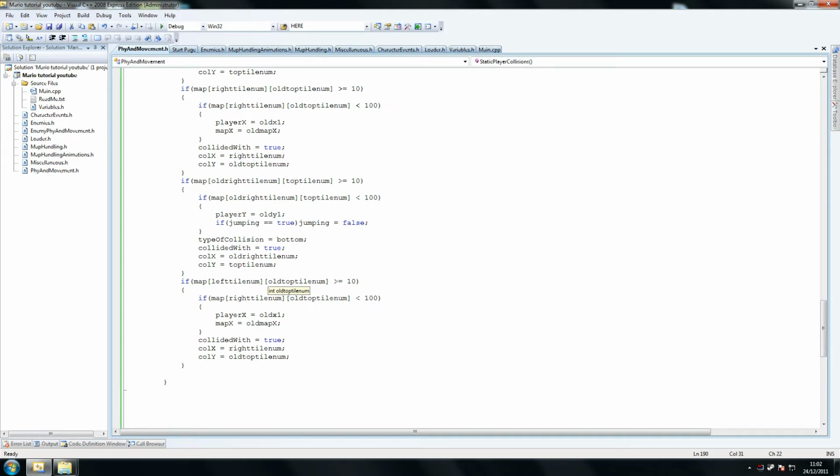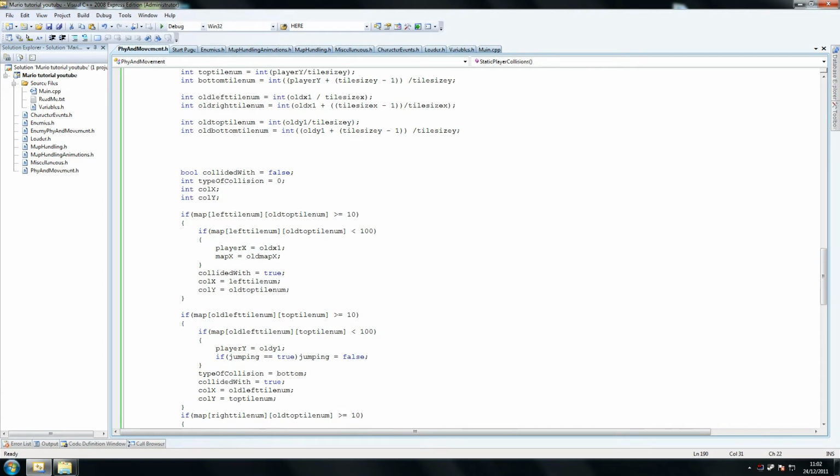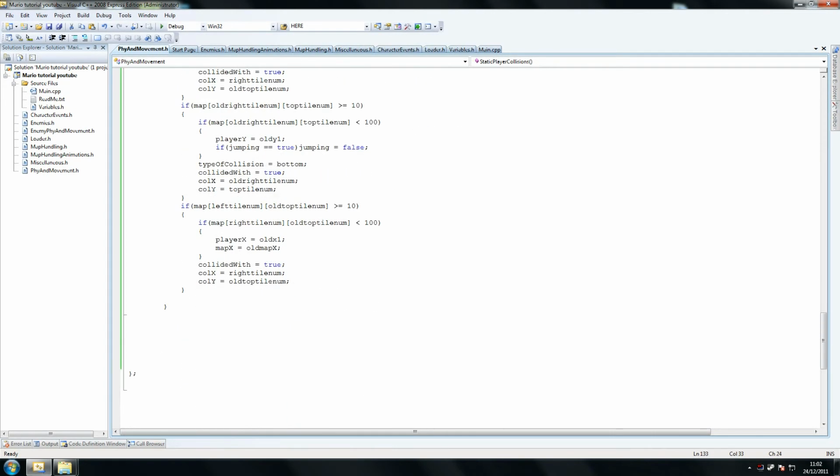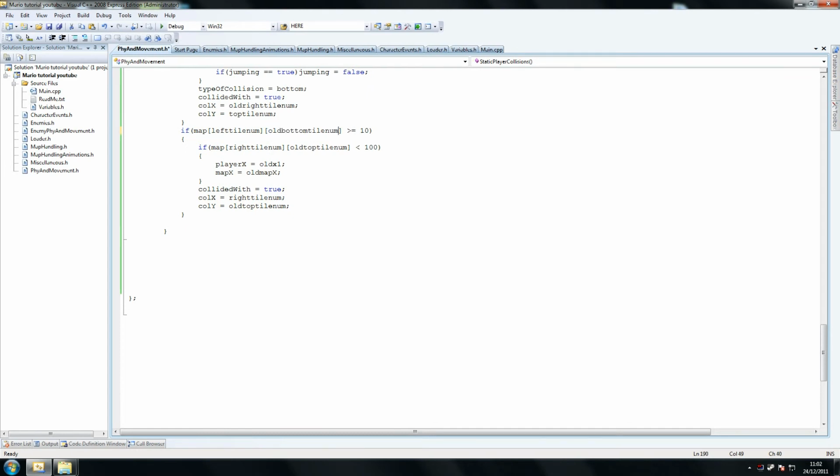We're comparing against old bottom tile num. So you want to do that, old bottom tile num, same with that, same with that. So these two should be the same. Left tile num, player x equals old x, collided with x with something equals true. Left tile num and old bottom tile num. What we'll probably do in a second is go through the whole thing and make sure we've got this correctly. So old bottom tile num, and then we move down to the next one,